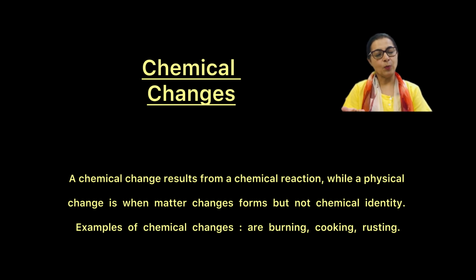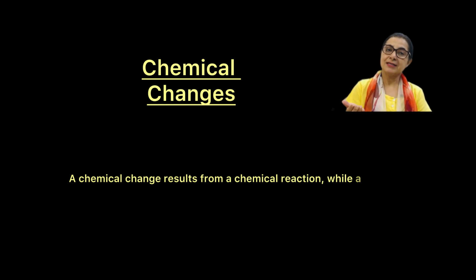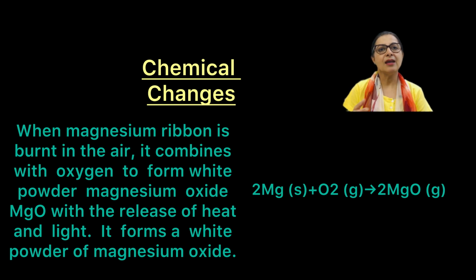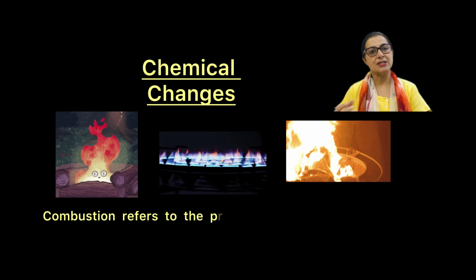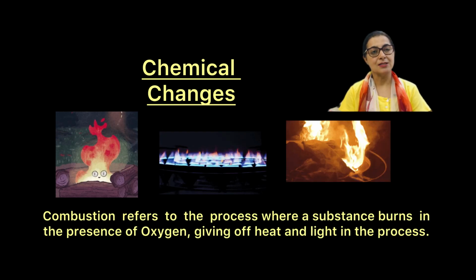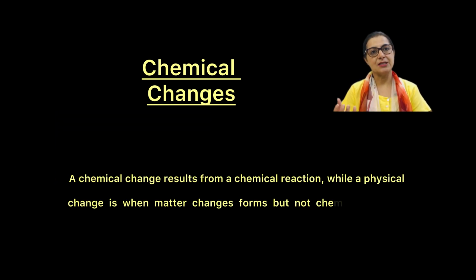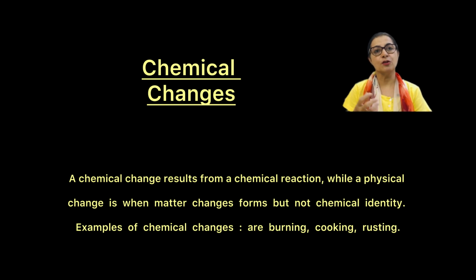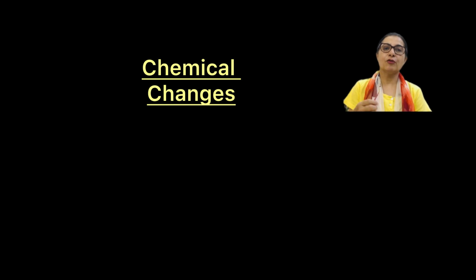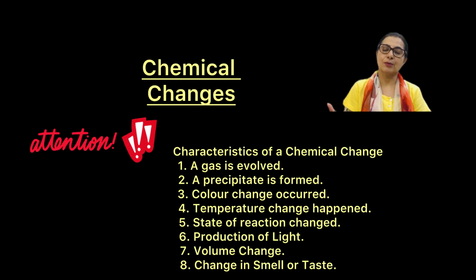Clear? Same way, another very easy example which you can remember is that anything when it burns, for example magnesium ribbon burns, we get a new substance, wood burns, we get a new substance, coal burns, we get a new substance. Means we are getting a new substance in the form of ash, and there are so many other substances which are released. For example, smoke is released, gases are released, light is there. So all these things are involved when we are performing a chemical reaction or there is a chemical change and we get a new substance.